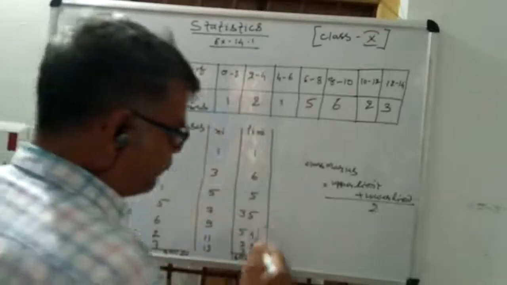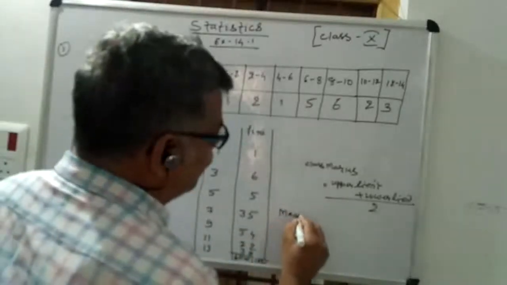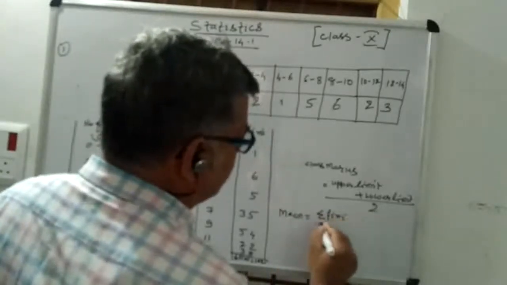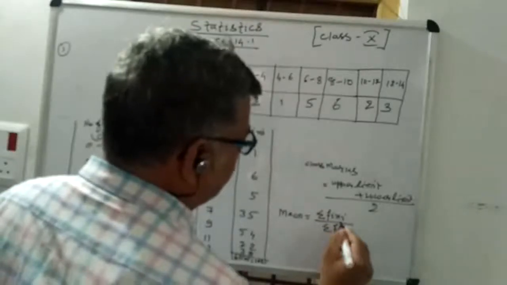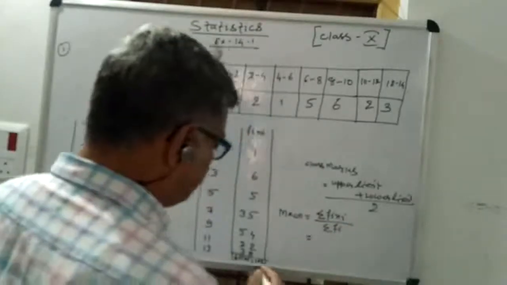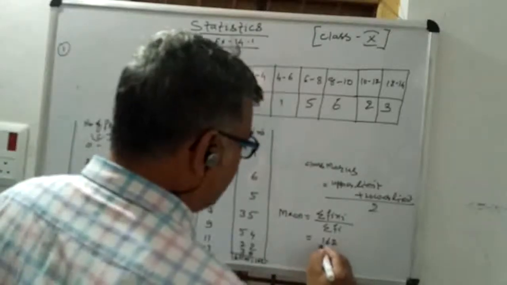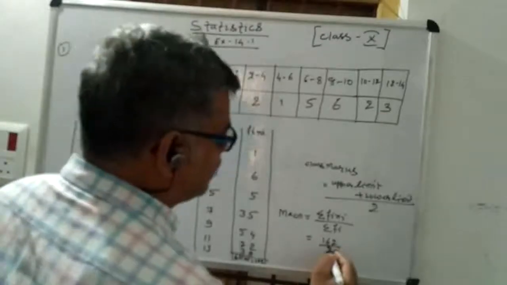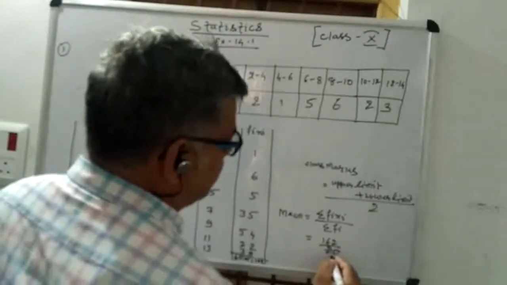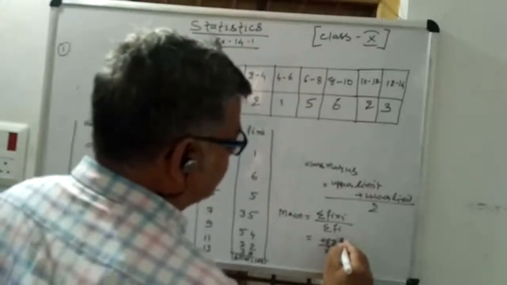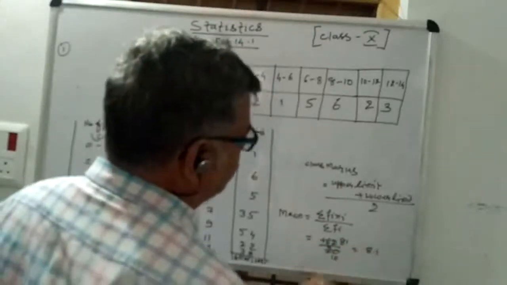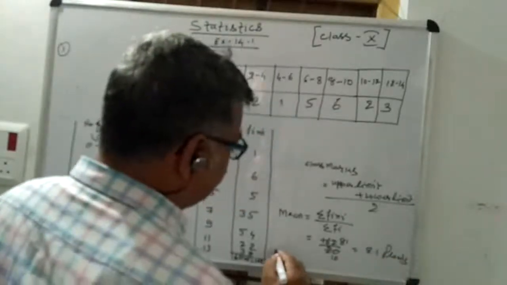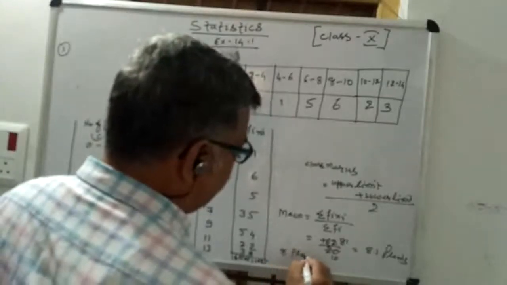And by applying the formula, mean value equals summation of Fi Xi by summation of Fi, equals 162 by 20. So when you cancel it, you will have 81 by 10. So you will get 8.1 plants. It means 8 plants